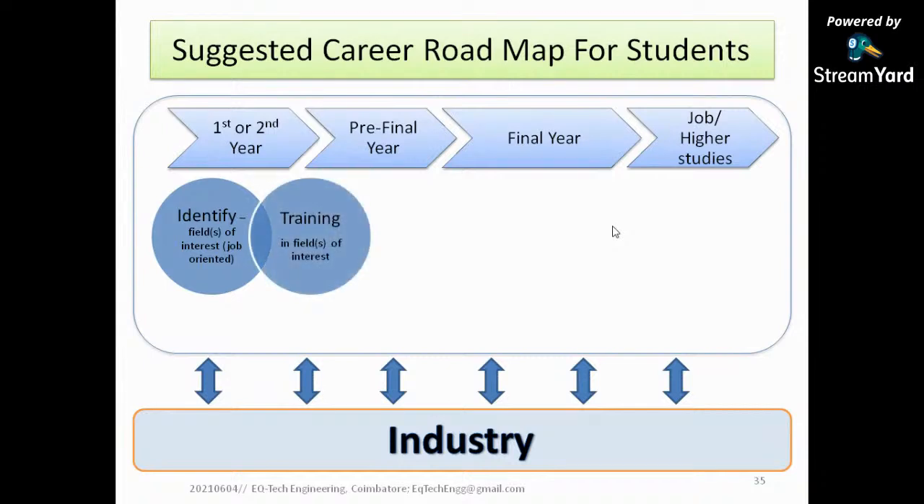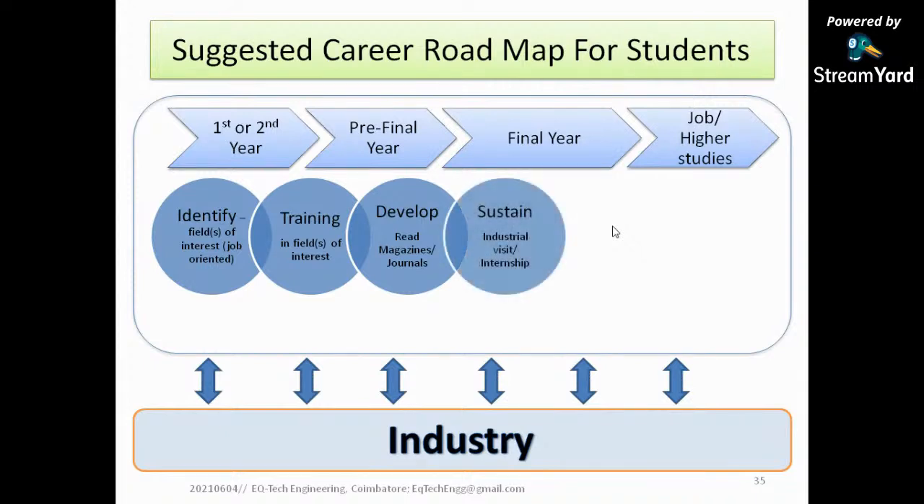Then in the second year or pre-final year, undergo training in the field of interest, and develop your ability and your skills in the same areas by reading magazines and journals. Sustain your knowledge by performing industrial visits or internships, and sustain your skills in the final year by doing a project in the area of interest, and you can present a paper in journals,